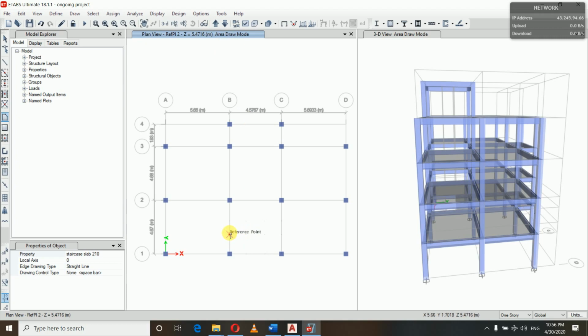So this is the reference point, and this is another reference point. In this way we have created two landings, and now we will create our waist slab. For that we need to go on story 1, and to draw the waist slab,